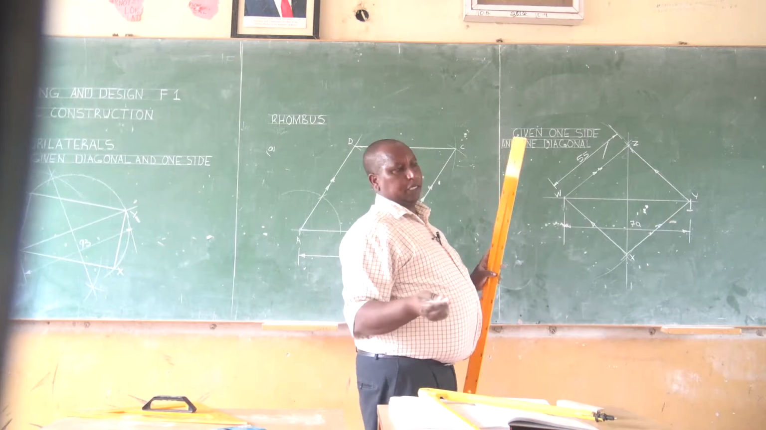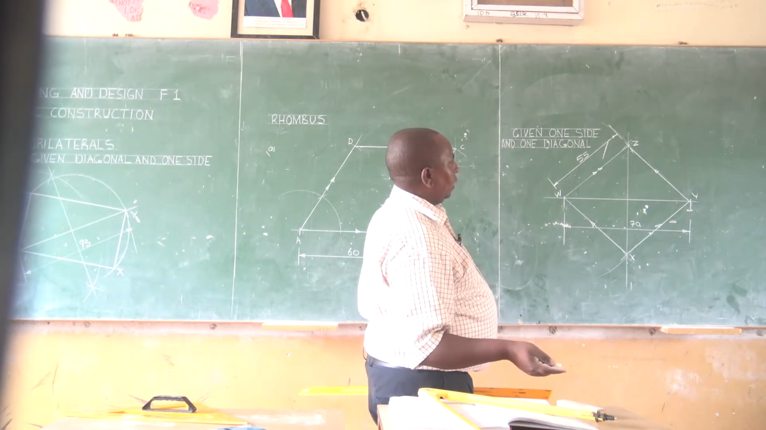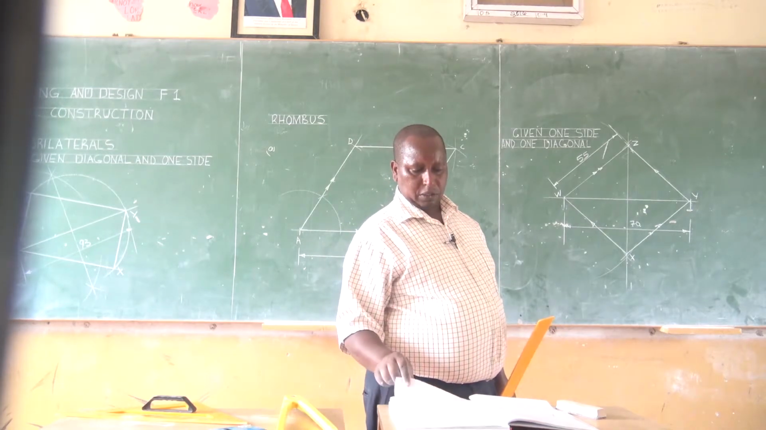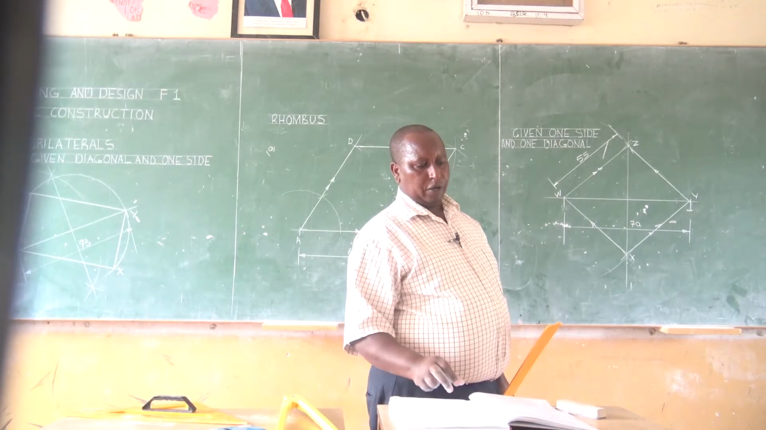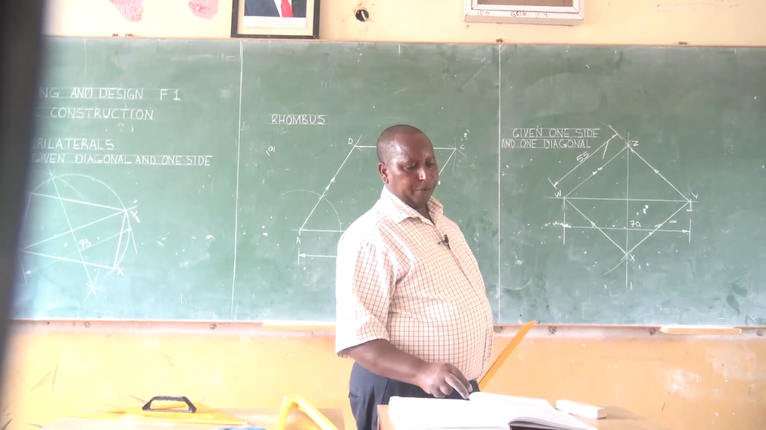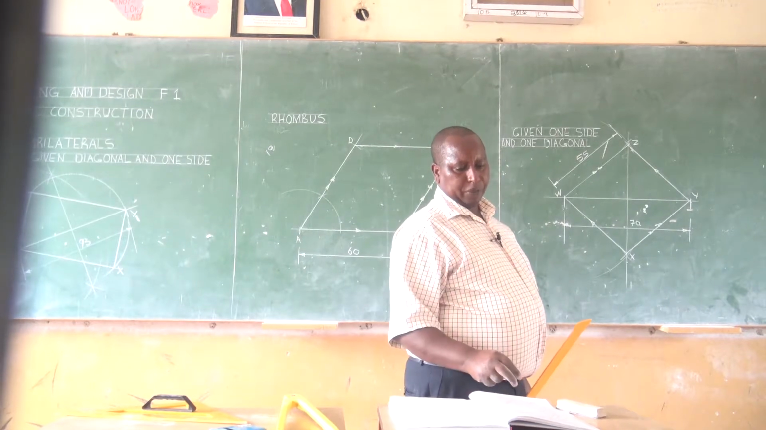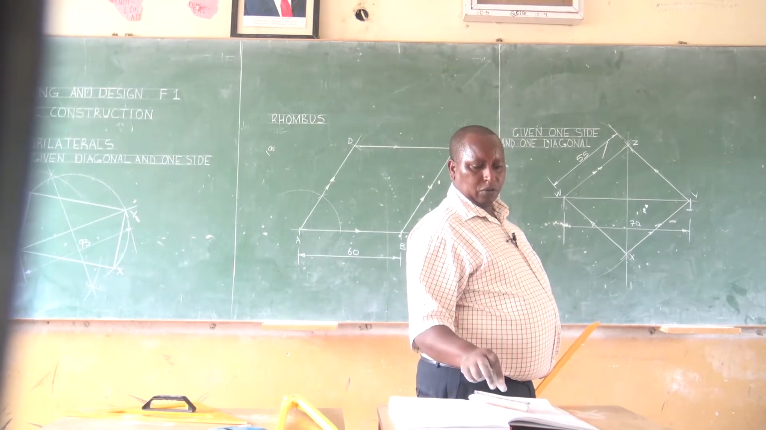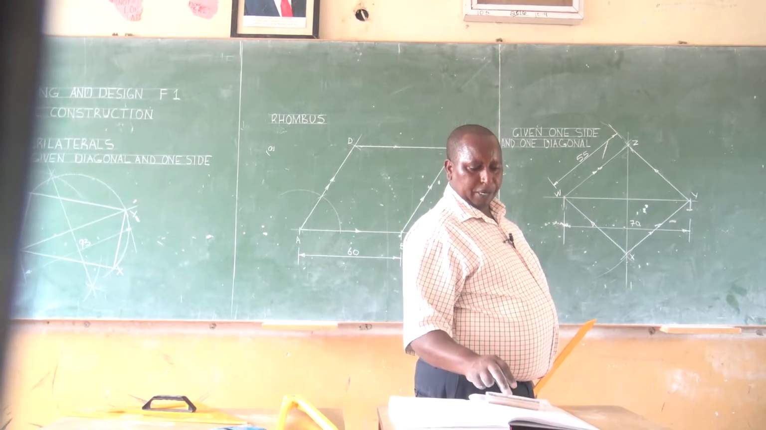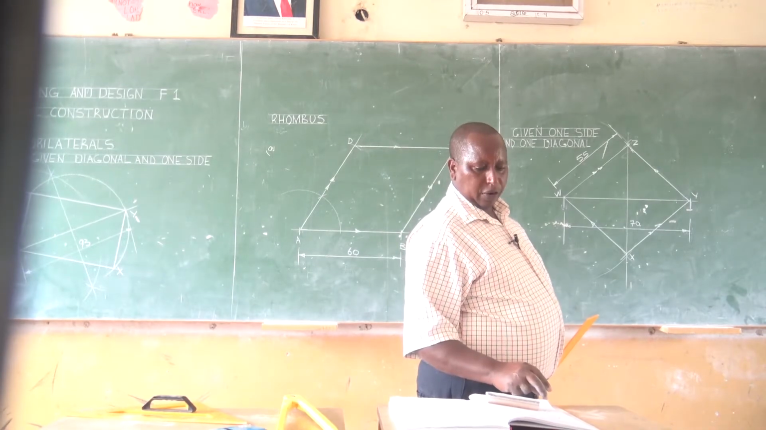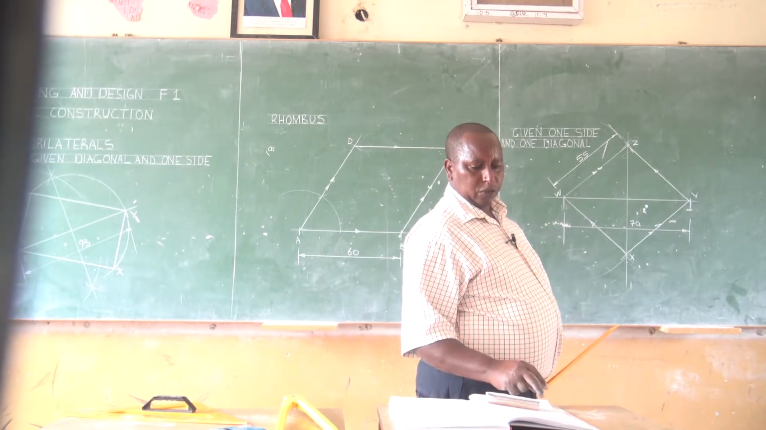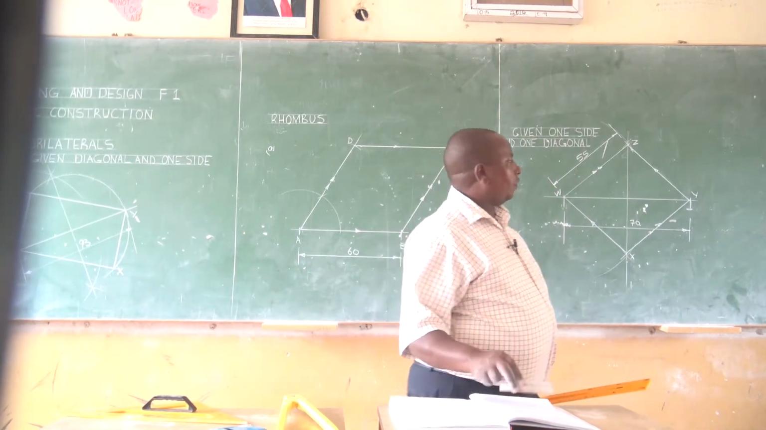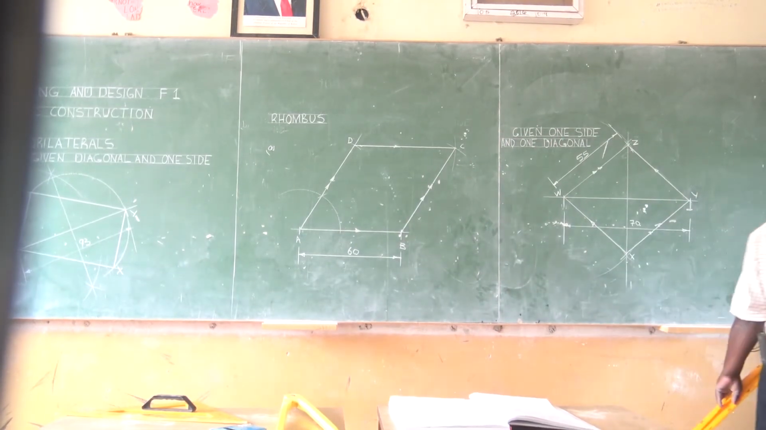So one side, you can say even side, because all sides in a rhombus are equal. Now, the next construction of the quadrilaterals is the rhombus, also called the parallelogram. The parallelogram is a quadrilateral with two opposite sides being parallel. Now we have been given, in this case, two sides, 80 millimeters and 45 millimeters, and the included angle as